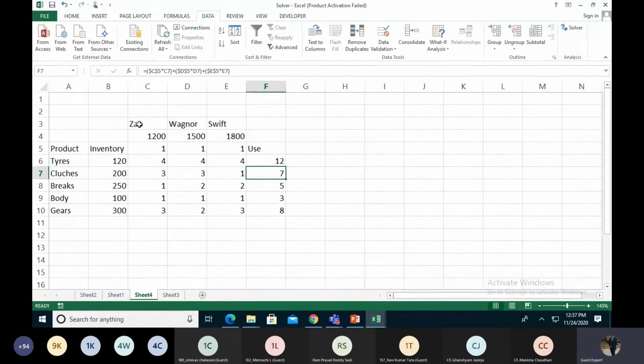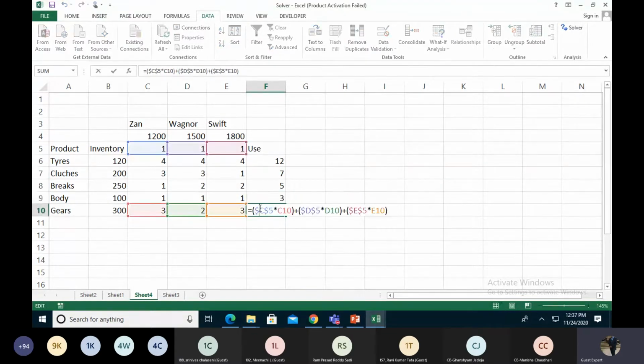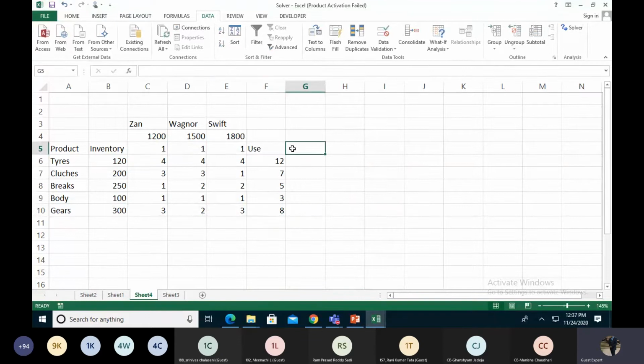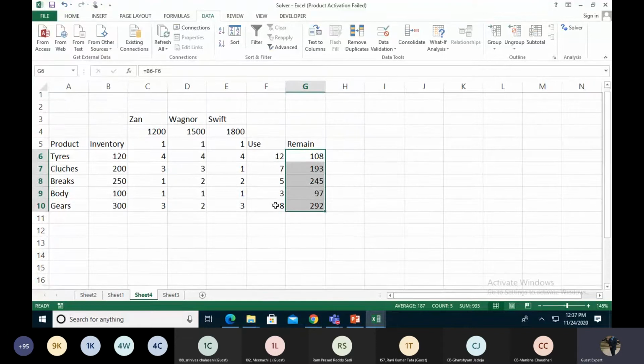If we want to create one Zen, one Wagon R and one Swift, we have to use 7 clutches. Then after that brakes, bodies and gears, and the remainder is 120 minus 12. So this is the remaining inventory I have.